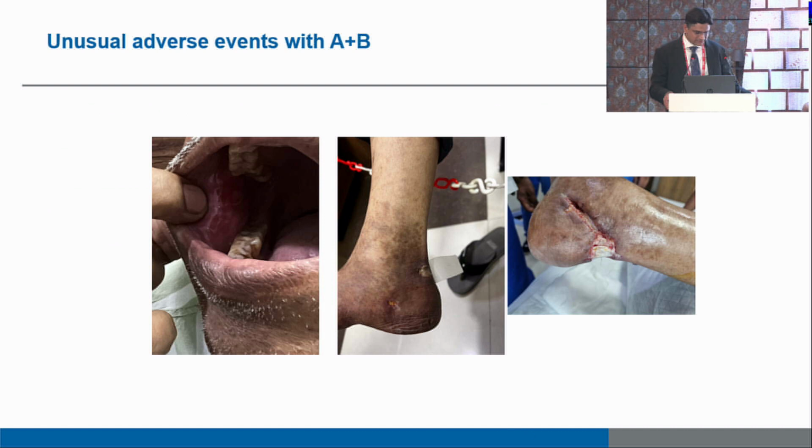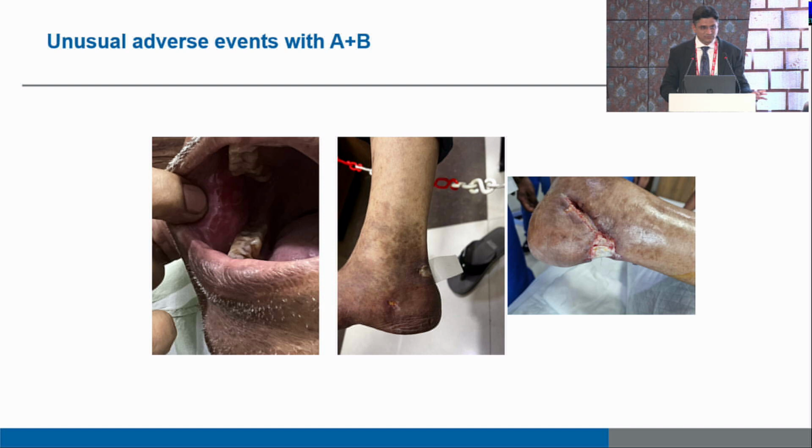These are unusual adverse events which we have noted. There were severe oral ulcers which developed in one of the patients. We had to stop the therapy because of the ulcers, and he had severe pain. The second patient had severe ulcers over the foot. He had to undergo debridement for these painful ulcers. We have also seen some penile ulcerations. Unusual adverse events are common,